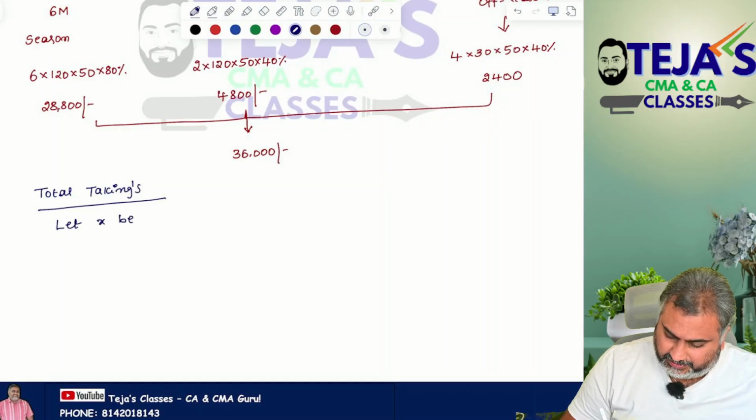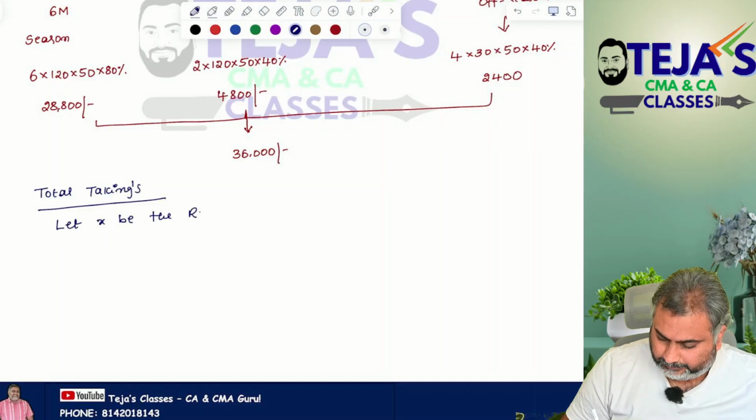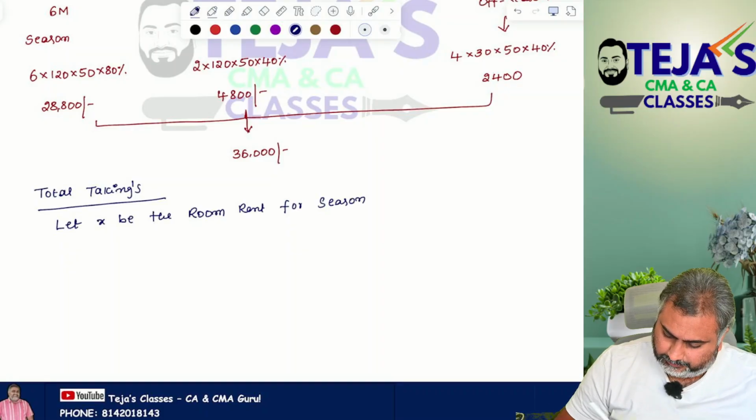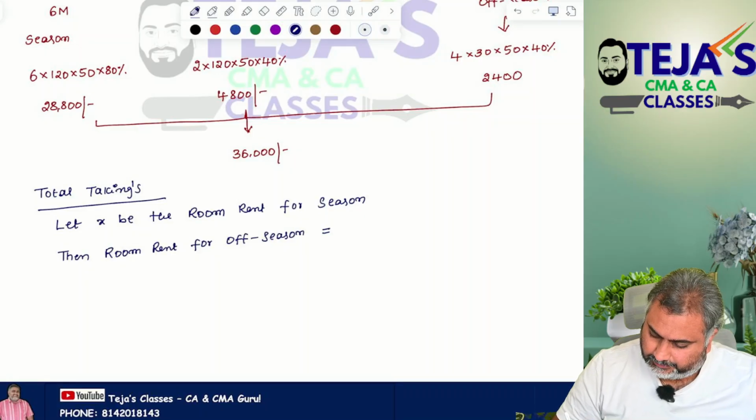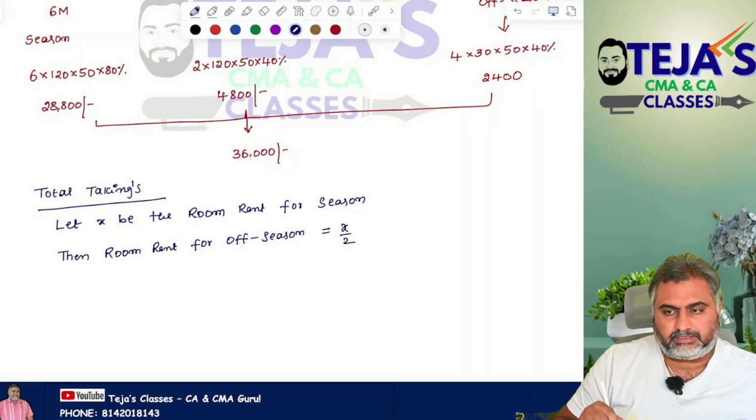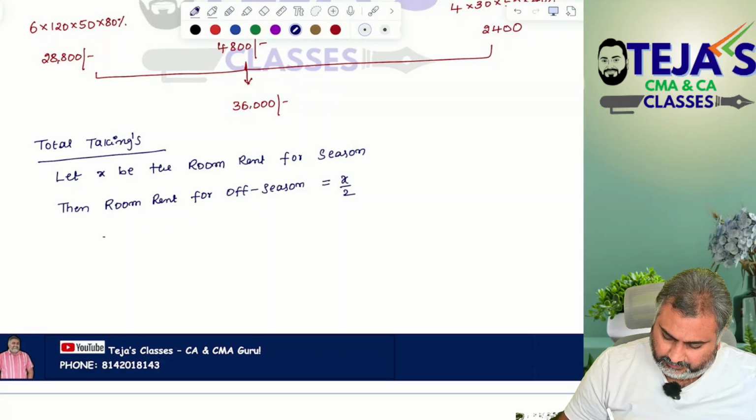Let X be the room rent for season. Then room rent for off season is equal to half of that, which means X by 2. So then